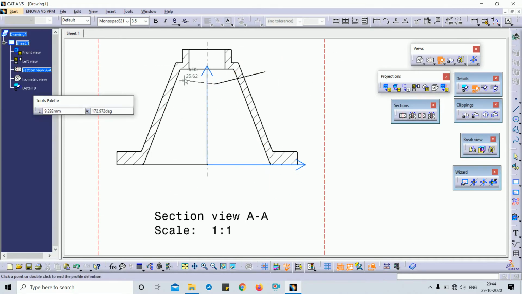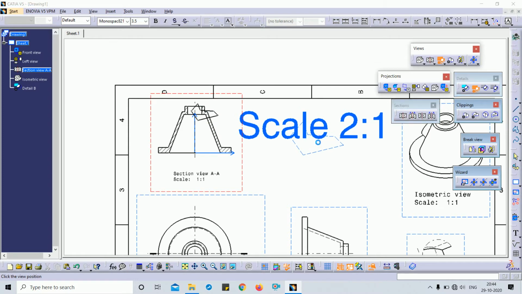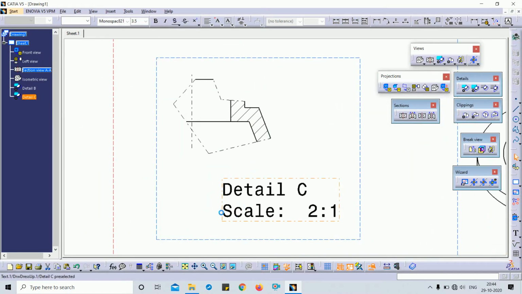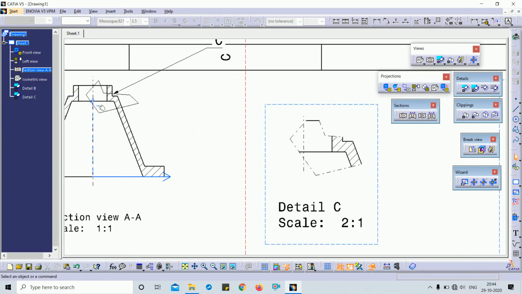For example, I wanted this profile, and double click on that end point. You can see this is my profile detail view.